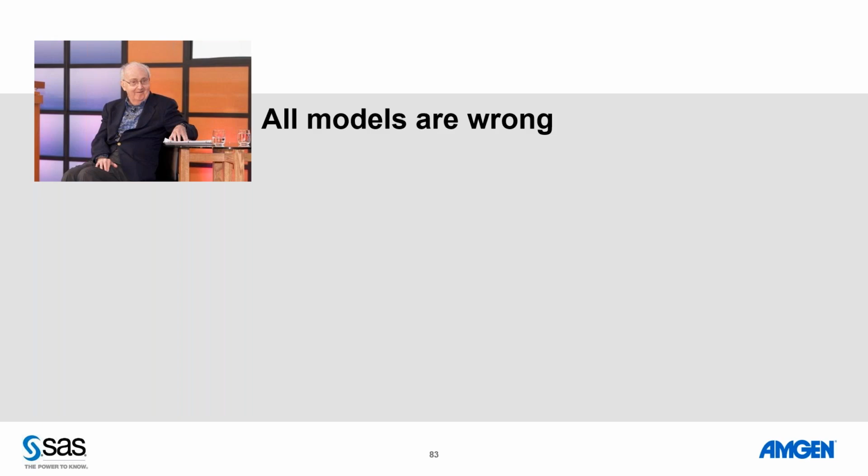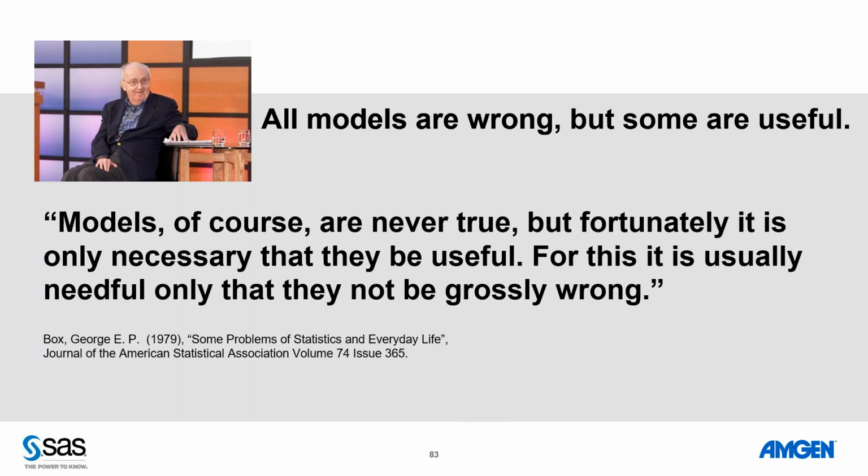Hopefully a lot of you, if not most of you, have heard that phrase. And we're lucky that most of the time they give credit to him, because it's his phrase. If you're really lucky, you may see a more complete phrase that says all models are wrong, but some are useful. Actually, Professor Box had several variations of this phrase, and this is just a snippet, a soundbite. But this is one from a 1979 paper called Some Problems of Statistics and Everyday Life. It's an easy read, one of my favorite papers, and this is what he had to say.